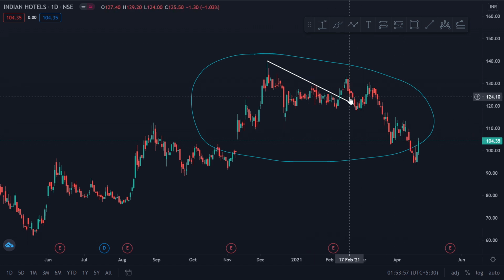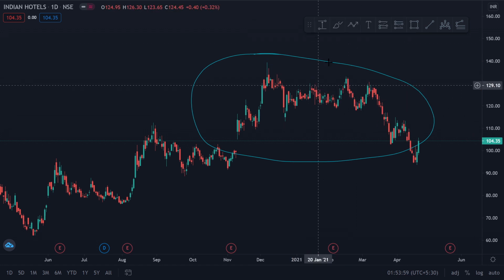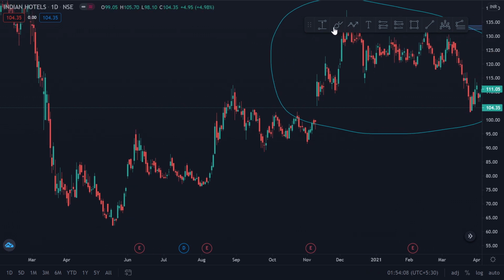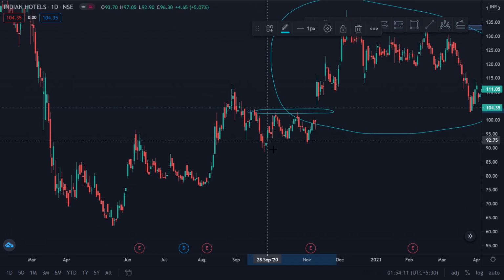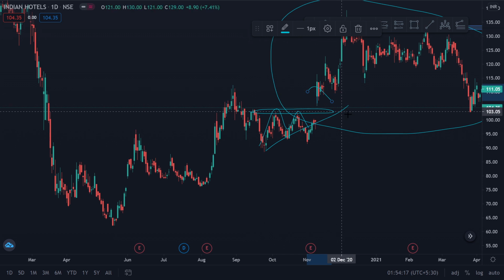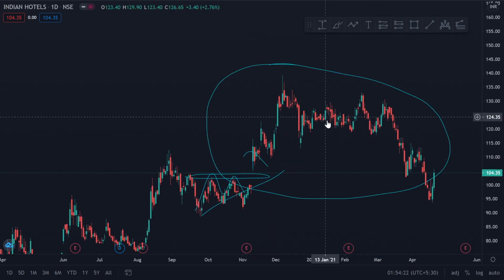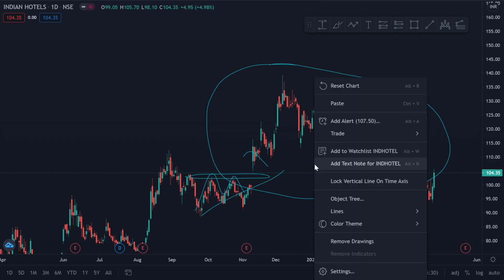So suppose instead of this, I was trading on a horizontal pattern, right? Suppose I chose to trade on a horizontal pattern. Now suppose right here was my horizontal level, and this was my ascending triangle of sorts. Now if I drew this and traded on this breakout, the probability of this breakout was much higher than this symmetrical triangle breakdown, because I will encounter many fake outs here in case of a symmetrical triangle, because the trend lines are up to interpretation.